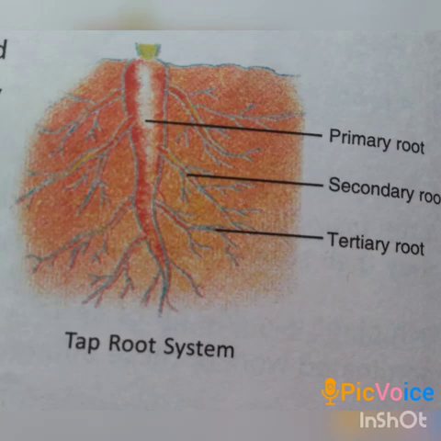The root system is classified into two types. Number one is the taproot system. In a number of plants, it is observed that when a seed germinates, a single root grows downwards into the soil. It then branches into smaller lateral roots. Such an arrangement of the root system is called the taproot system. This root system is found in plants like pea, mustard, bean, and gram. There are many examples in which the taproot system is present.